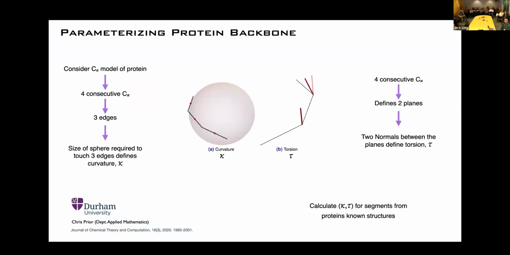And so what we do is go along the backbone, and for every 3 C alphas, the question you ask is: what's the largest sphere you can make that will touch all 3 points? The radius of that sphere is related to curvature. It's the inverse of the radius. And likewise, those 3 points will form an angle, which we call a torsion angle. And so we do this for all the known structures in the PDB,